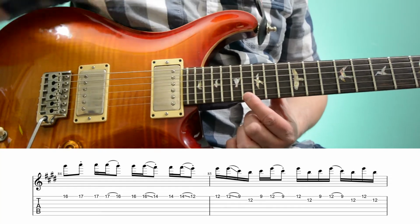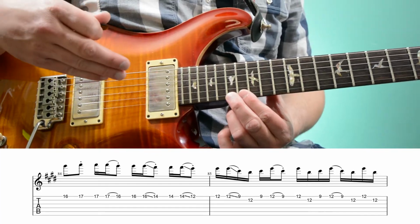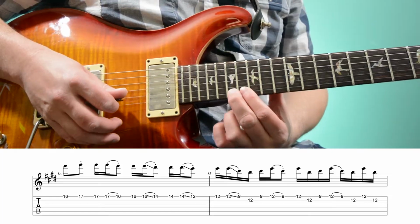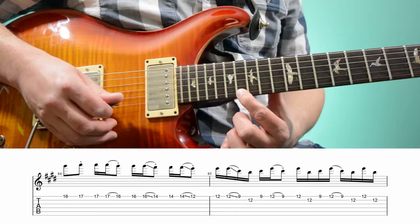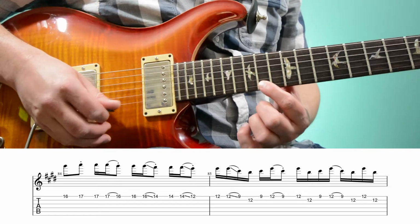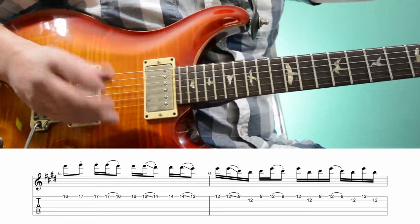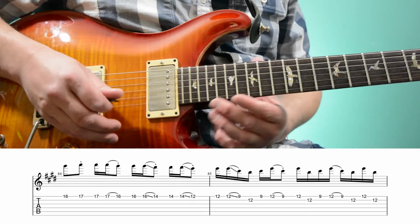So these next two, it's two notes followed by a note a half step below it. So the first one's a pull off. Then we have 16, 16, slide down to 14. Then we have the 14th fret, slide down to the 12th. And the note that's a step below, we cut short, a staccato note. So we have